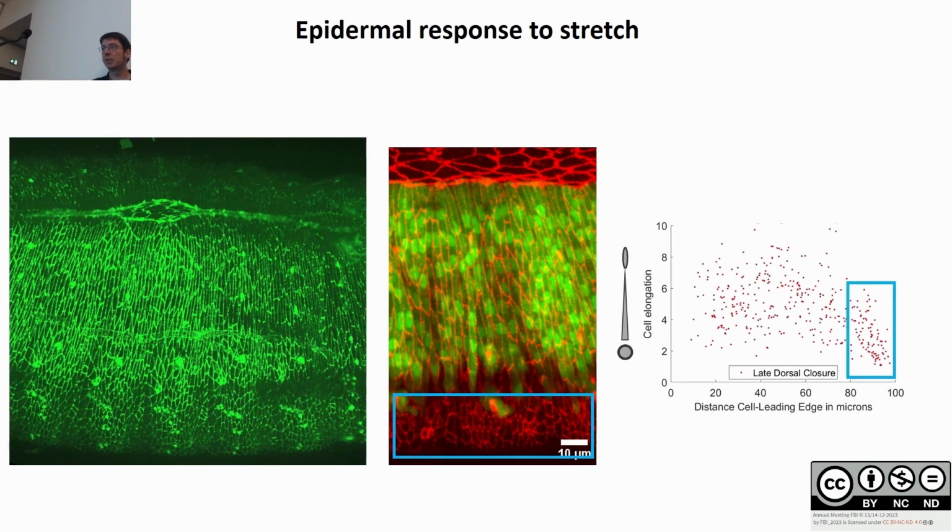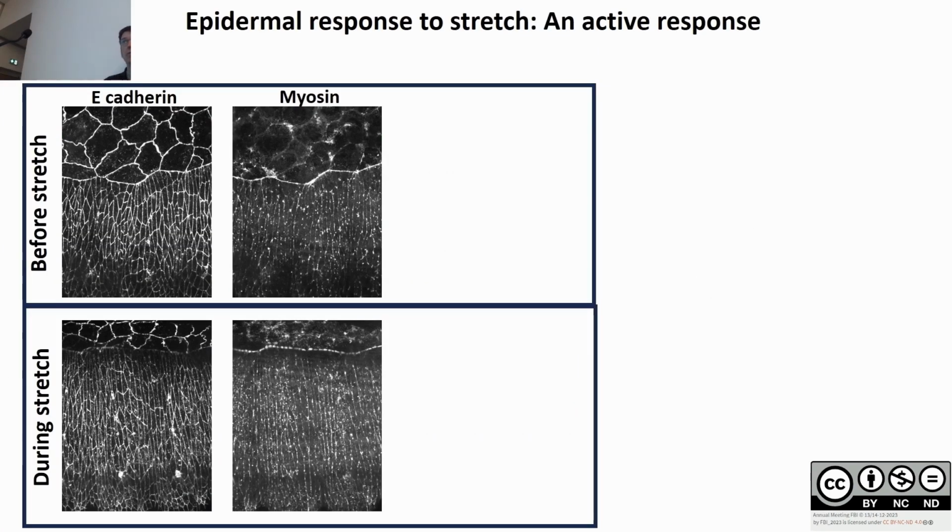And the cells that express Panier elongate, and the ones that do not express Panier do not elongate. So the question that we wondered was, is this stretching something active or is it purely passive? Okay. In order to do that, we looked at